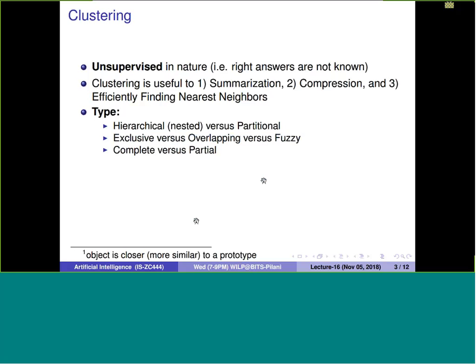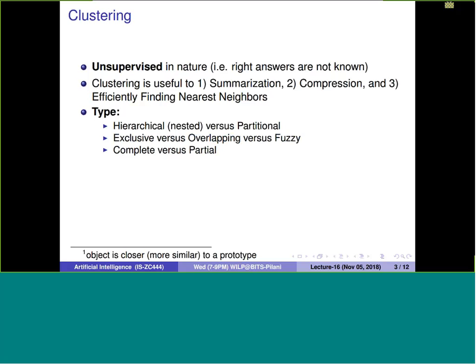And complete versus partial is also a very important distinction. Here our approach is that if I give you data items and ask you to partition them, you say that I am sure these items belong to one cluster, these items belong to another cluster, but for some of the items you say that I don't know what their clustering is. And I think this is a better approach,